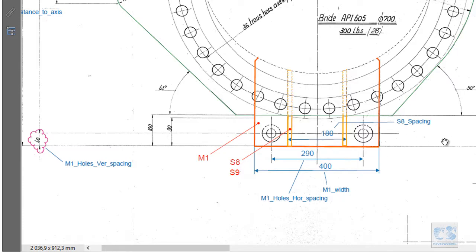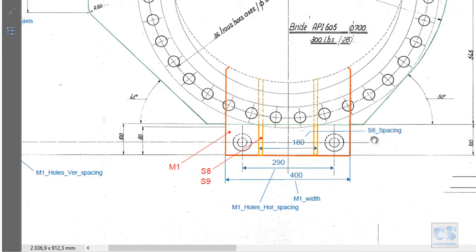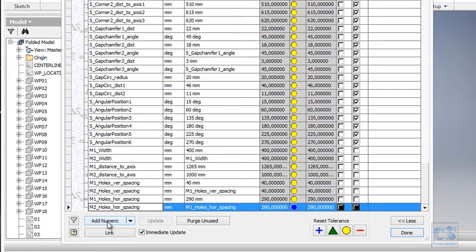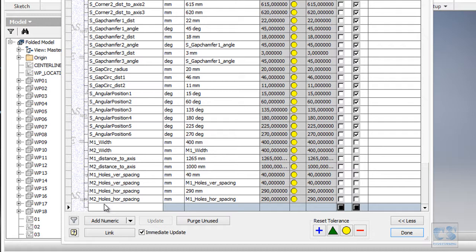Then to finish with this view, we have this rib S8 spacing, which is the external distance between the two ribs for the first mounting plate, which is 180. So let's go with that spacing, which is 180.